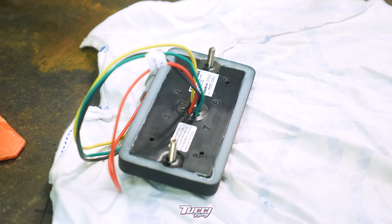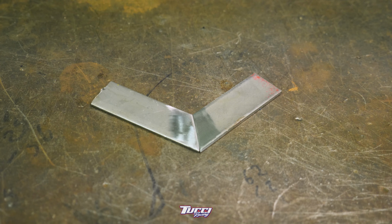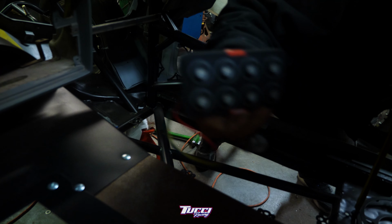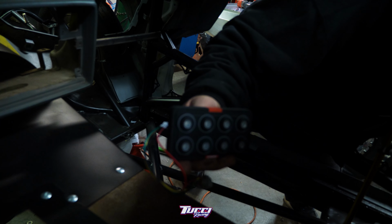You know what? You're gonna weld that together. No. On camera, I'm saying you're welding that together. The shifter's gonna be here. Yeah. So do you want it here or here? Obviously here. But well, we gotta be up here. So we gotta find out exactly where the